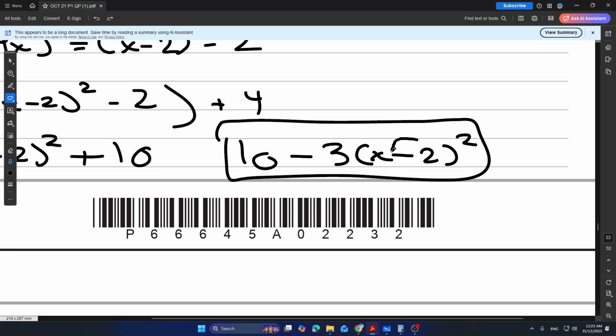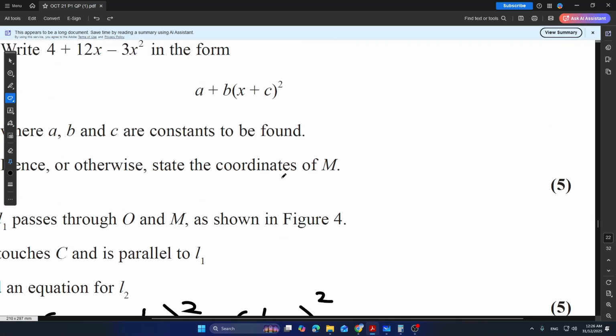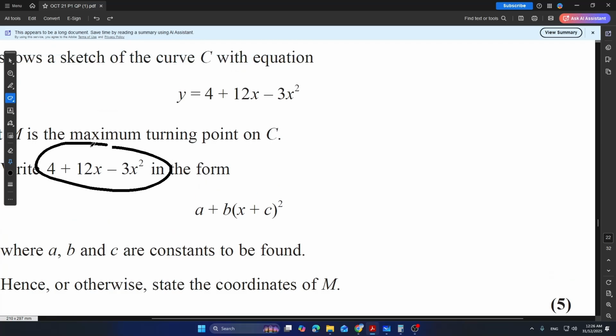So it's minus 2, flip it, it's going to be 2. That's the x coordinate. And this, without flipping any sign, is the y coordinate. So the coordinates of the maximum point is positive 2 and 10. Now, let's say I'm very sharp and I don't think it's correct. What I'll do is I'll take this equation and I'll do dy by dx to it, which will give me